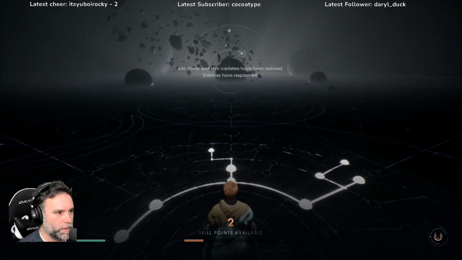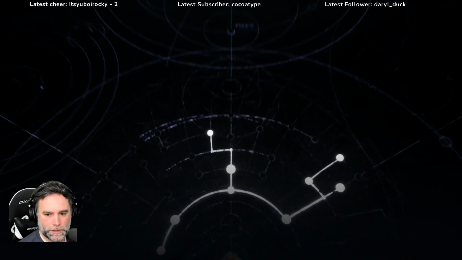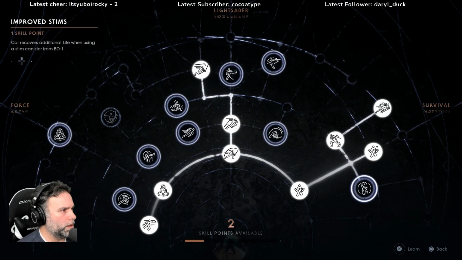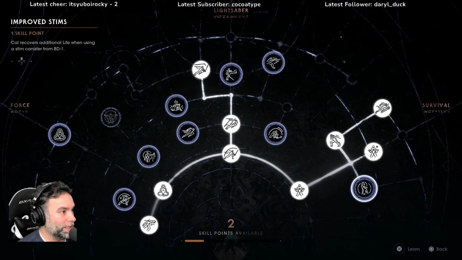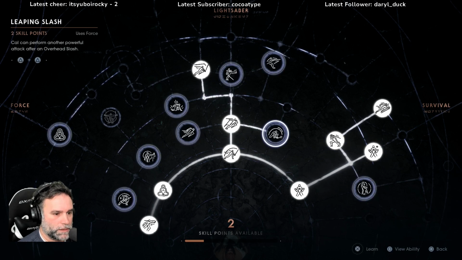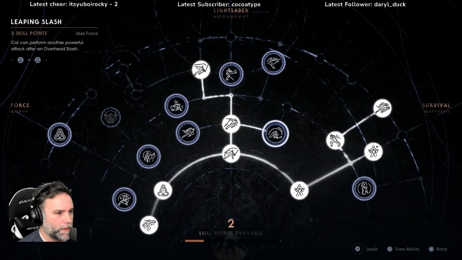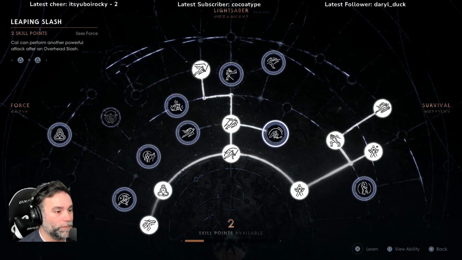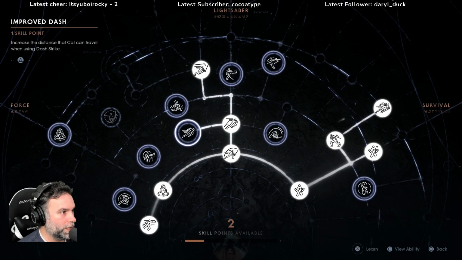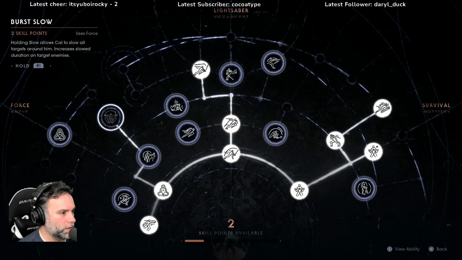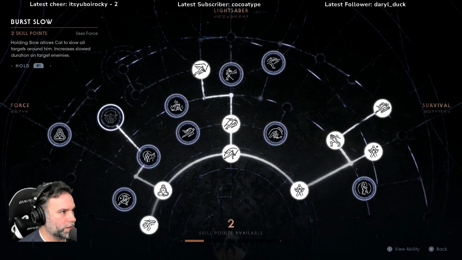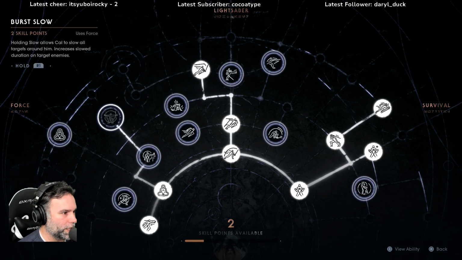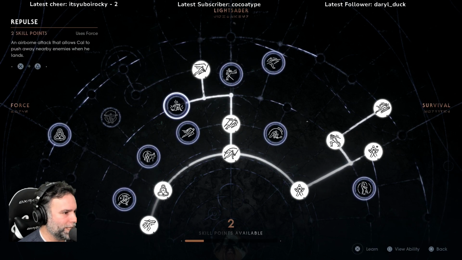2 skill points available. What shall we train today, folks? Let's see. Cal recovers additional life when using a stim canister. That's always nice. How many does that take? That takes 1. 2 points for another powerful attack after an overhead slash. Triangle plus triangle. Increase the distance that Cal can travel when using dash strike. Holding slow allows Cal to slow all targets around him. Increases the slow duration on target enemies. That might actually be good to have. Although I can't get that until